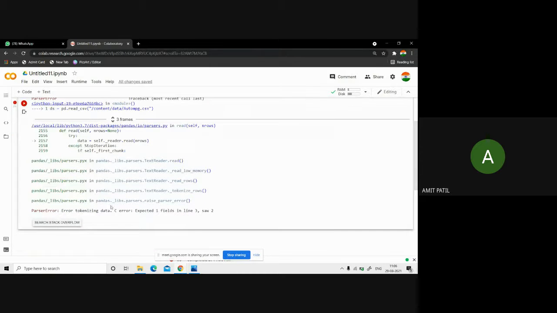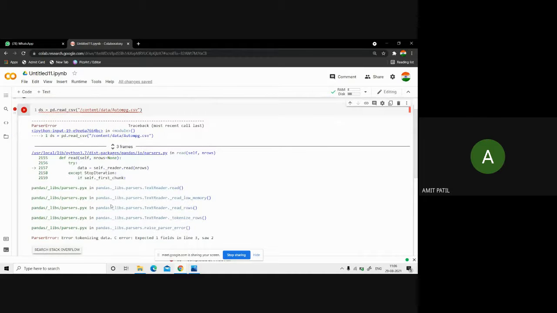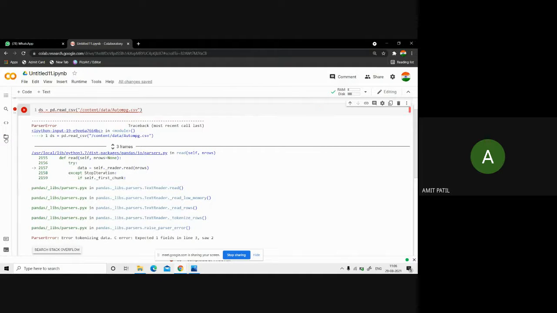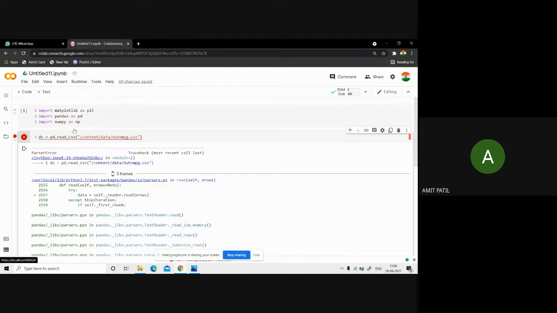So that the system knows, you need to link your Google account with your Colab account and your drive. It will be required every time you run this code on Google Colab, right? So first you need to link your Google Colab with your drive. From that you need to import the files, and then it will run, right? Also there is another line of command that you need to write before this pd.read_csv.